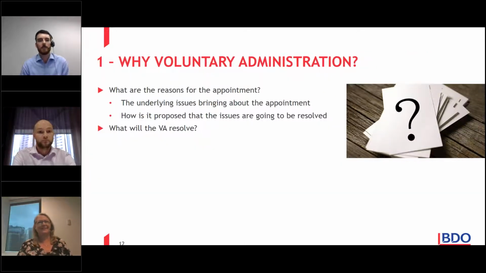Why voluntary administration? Well, I think Jeff and Helen have touched on this a little bit already, but it's always important to understand what the trigger point is for the appointment. What is the director's motivation? It could be one of many things. I think, as Helen has already touched on, it could be creditor pressure from director penalty notices. It could be concerns about personal liability from insolvent trading, or something such as the upcoming expiry of bank facilities. It all weighs on the director and can influence their decision making.